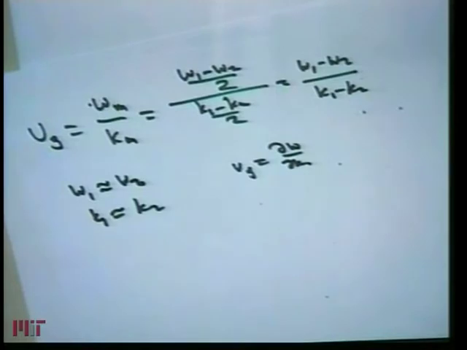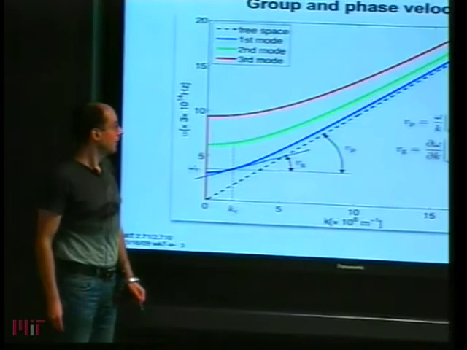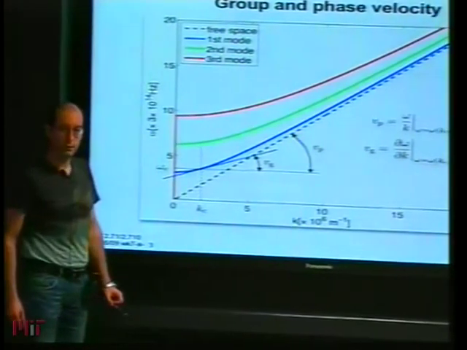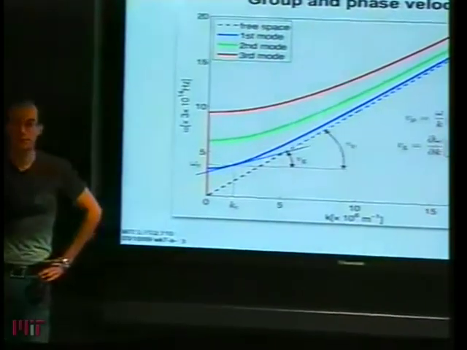So that is the reason people put omega on the vertical axis over here, because the group velocity then is simply obtained as the slope of the dispersion diagram. And that's fascinating if you think about it, because it suggests some weird things. For example, it suggests that